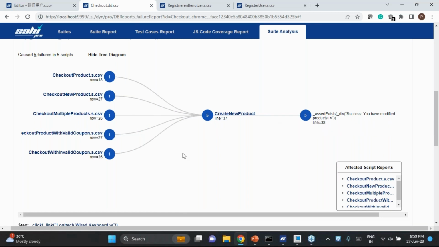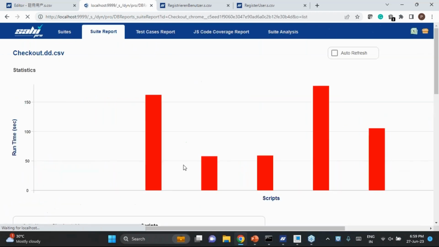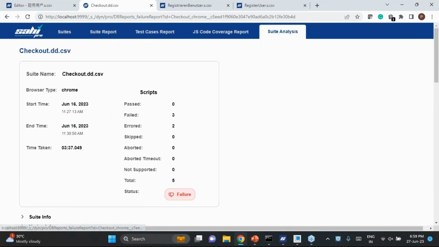So although it shows there are 5 different failures, if you fix this problem, it will automatically fix the rest of them. Similarly, if you go here and click on suite analysis,